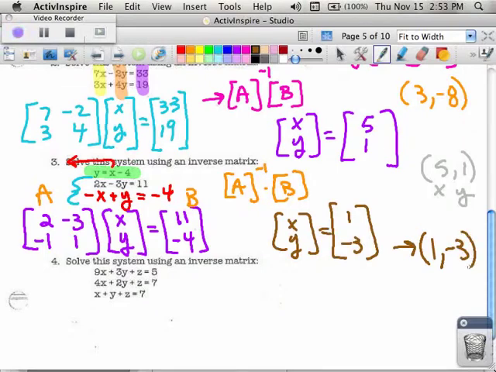So matrices are just a way that, if you have a nice technology tool like we have today with these calculators, you can do that. In the last example on this slide, you'll notice that we have more variables. We have a z variable. Don't let that freak you out. It works exactly the same. No big deal. This time, in my first matrix, my A matrix, it will look like this: 9, 3, 1,